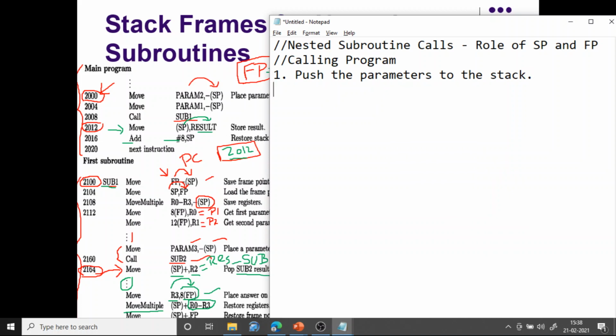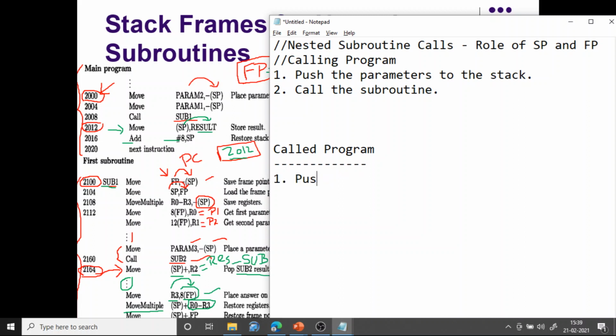Then call the subroutine. Then in the called program, what should be done? First step is to push FP into the stack.